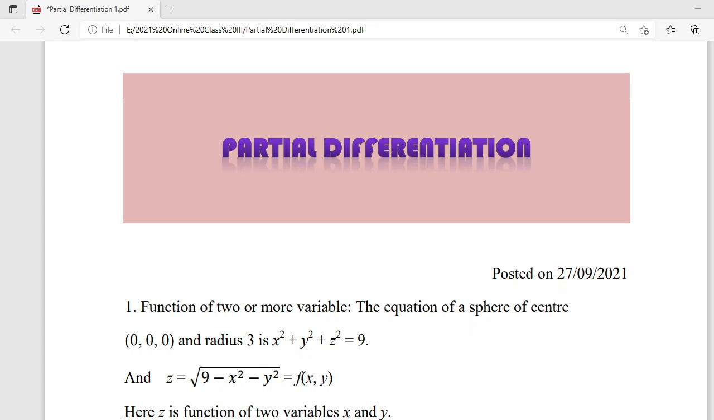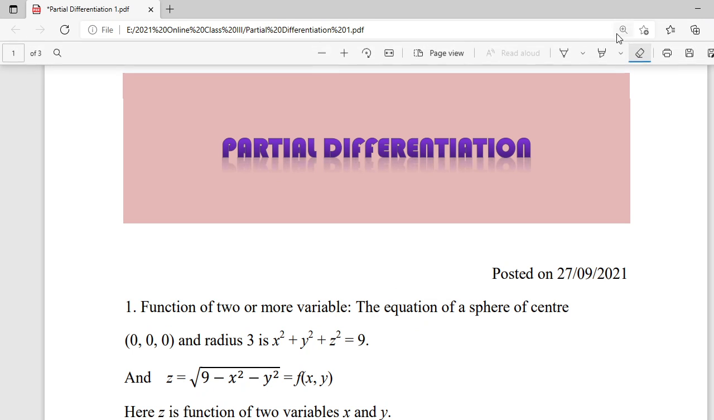And this is a function of partial differentiation. It will be for functions of more than one variable. So, a function of more than one variable, when we say